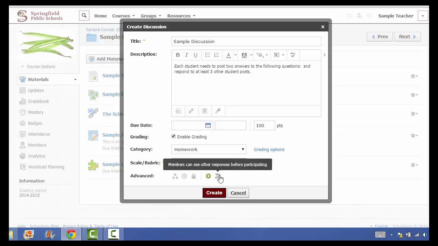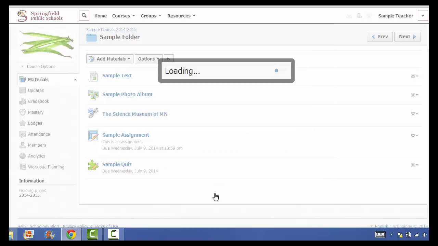And this is kind of an important piece. Do you want the people participating in the discussion to be able to see each other's responses before they participate or not? If you click on this, that means that they have to be able to post before they can see other responses. If it's unclicked, then it doesn't matter. So I'm going to hit create,